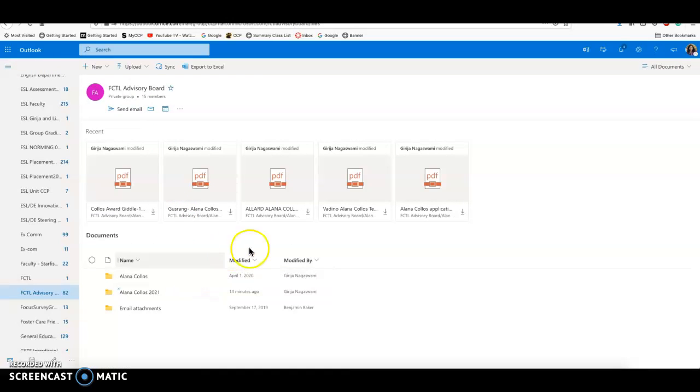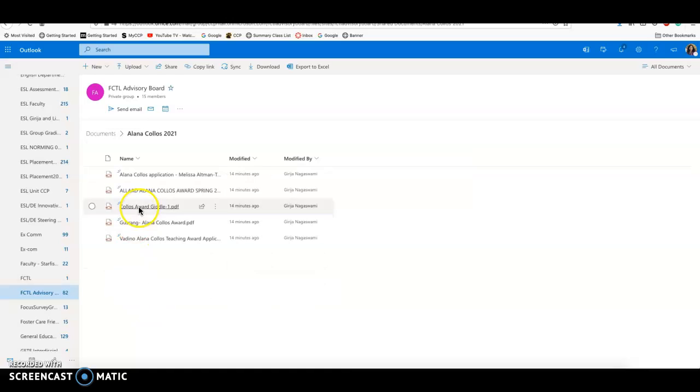it'll open up, and these are the folders that are loaded there, and you can click on Alana Collis 2021 and you will see the 5 application packets there. So you can click on each one. They're all PDF documents. You can read them. So this is the easiest and quickest way of accessing